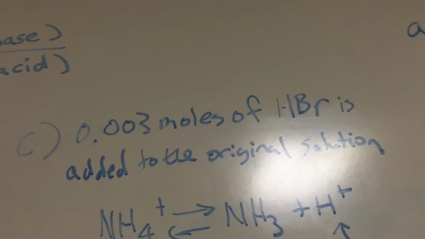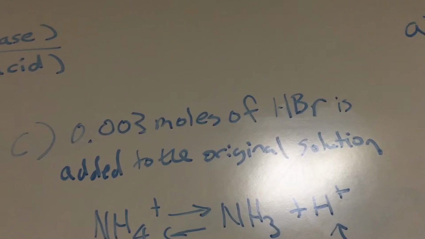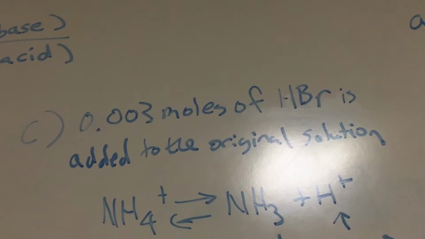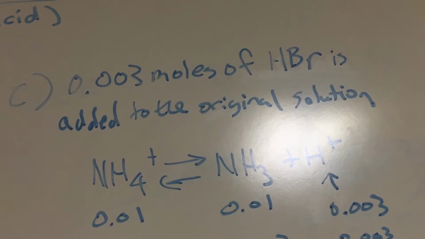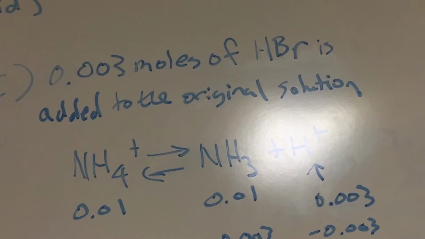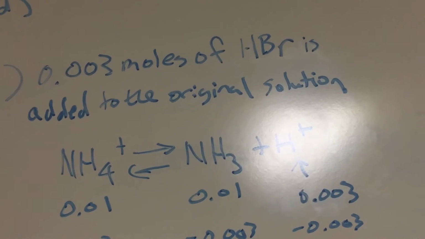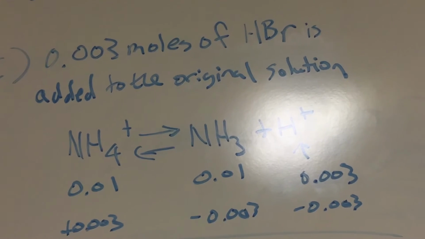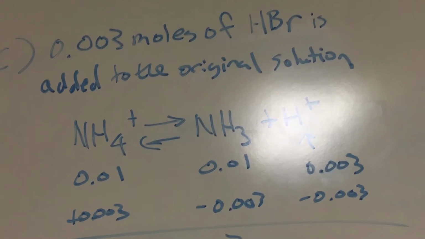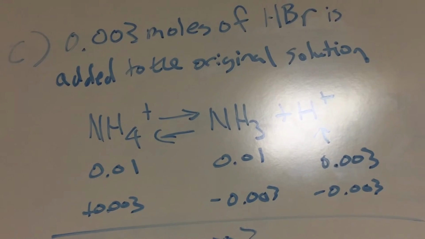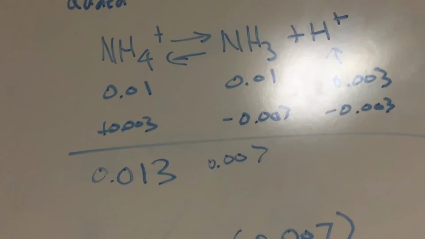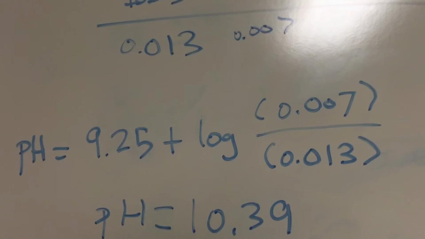In part C, instead of being given base, we are given acid, a strong acid, HBr, and 0.003 moles of HBr is added to the original solution, which is then plugged into this equation. NH4+ gives us NH3 plus H+, and 0.003 moles are added to the H+, which is a strong acid, and it is subtracted from NH3. 0.01 minus 0.003 gives us the amount of NH3 after adding 0.003 moles of HBr, 0.01 plus 0.003 on the left side, which then gives us 0.013 and 0.007, which is then put back into the Henderson-Hasselbalch equation